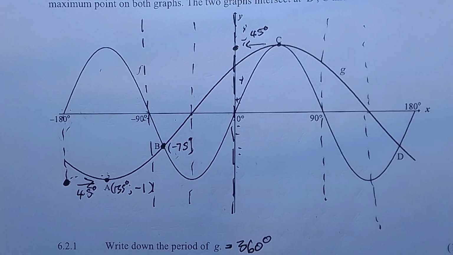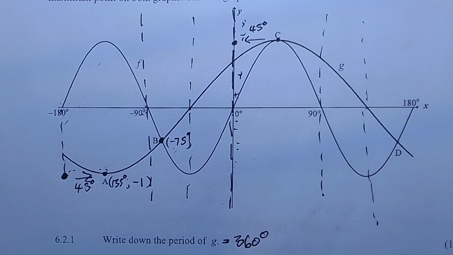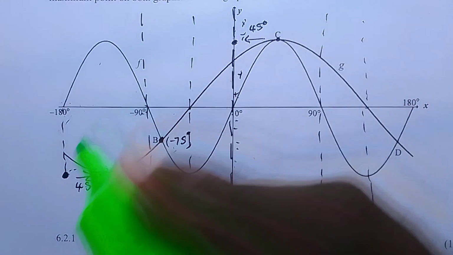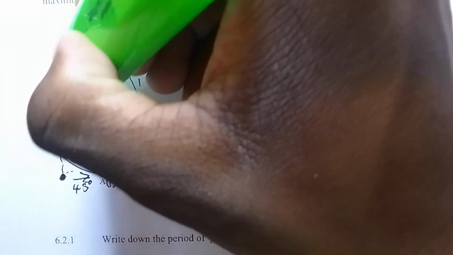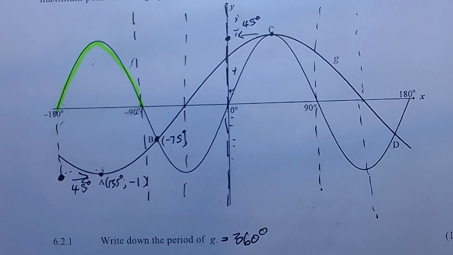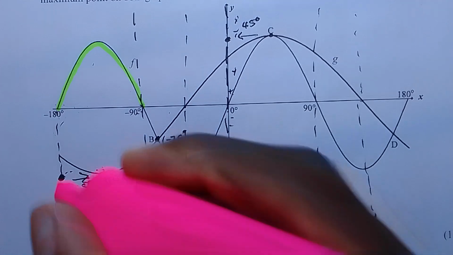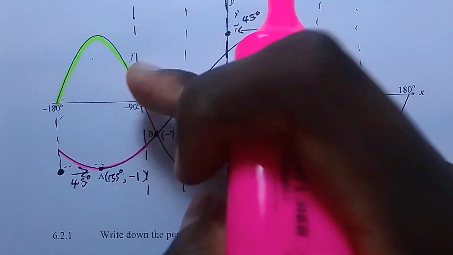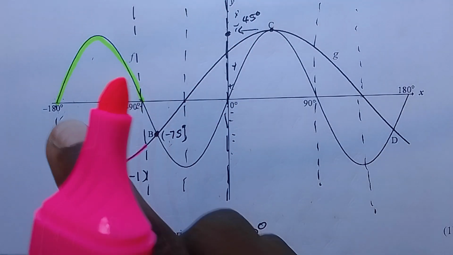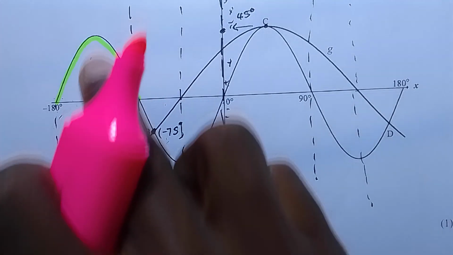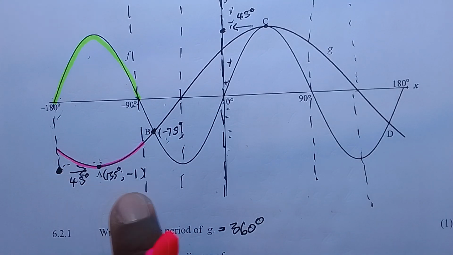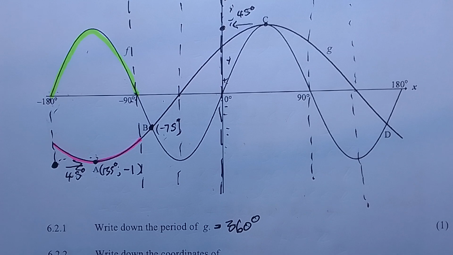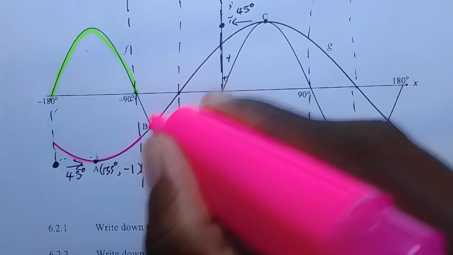From the analysis, we know that both graphs have to be on different sides. They have to be on different sides, right? I'll start here, even though we don't need that for the answer. Here, F is positive and G is negative, right? Because G is below the x-axis and F is above. And therefore, if we were allowed to use this range, this would be our first answer, from negative 180 to negative 90. Okay? However, here in this range,